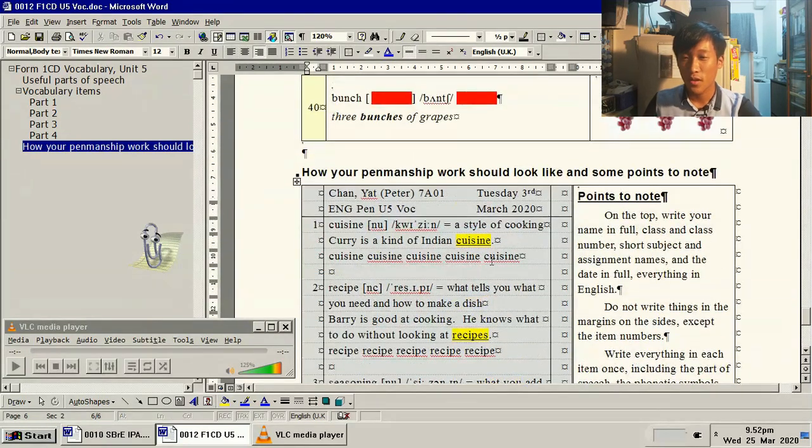Some of you, you continue writing a style of cooking and then there is not enough space because the margin is here. No, this one is not long enough. You should go to the next line because it's an example sentence. How about item 2? What tells you what you need? So here, and then not enough space. You see the margin. The next word will be you. So some of you continue and write the you into the margin. No,